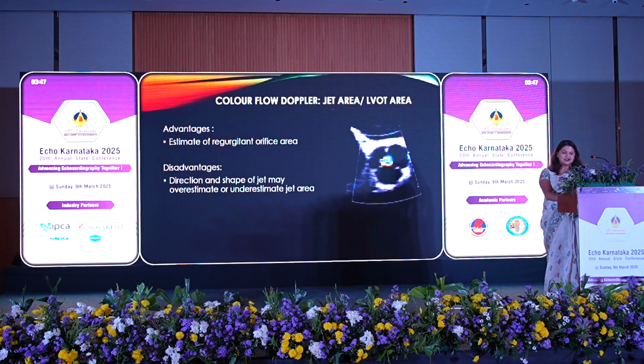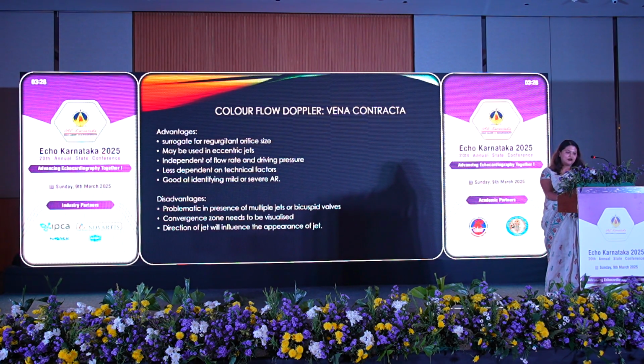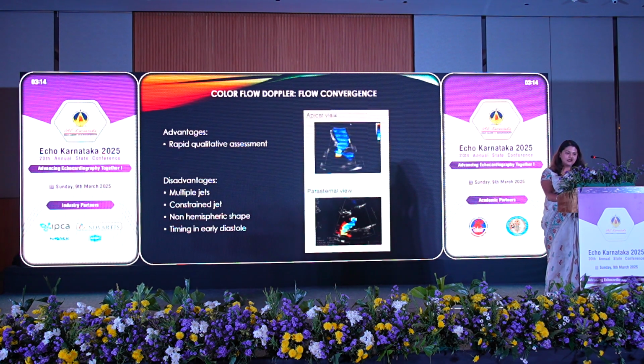The next tool is the jet area versus LVOT area. Less specific and sensitive, not quite frequently adopted. Vena contracta, very much important. So here the challenge is to attain the convergence point and to assess the diameter. So it is advantageous to assess jets which are eccentric also, but the problem is in presence of multiple jets or presence of bicuspid valves,